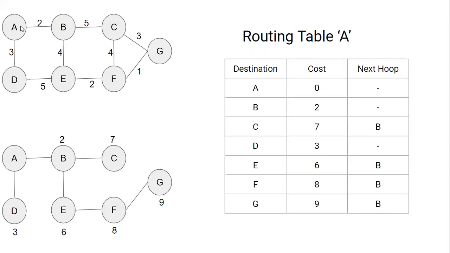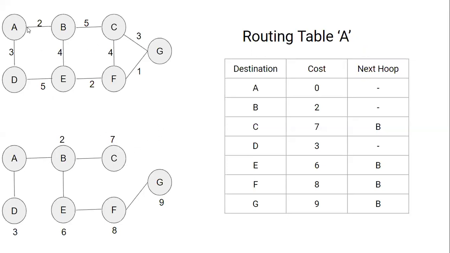Now, after B, we have to calculate C. From A to C, if I want to calculate, B is the mediator, right? So I need to travel first A to B, then B to C. A to B is 2, already we have written here. B to C is 5. So 2 plus 5 equals 7. I have written it directly, it will be an easier way.